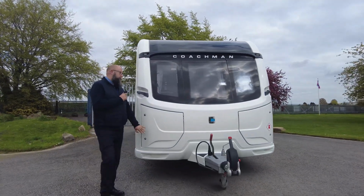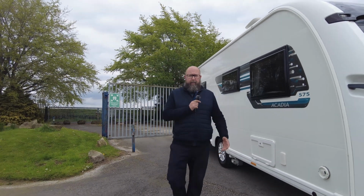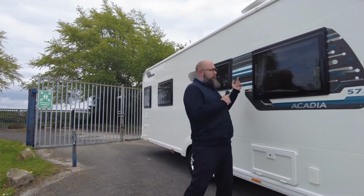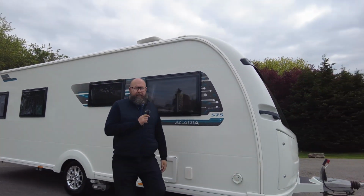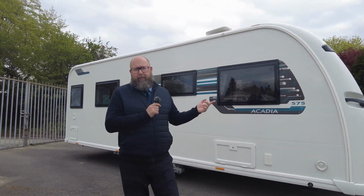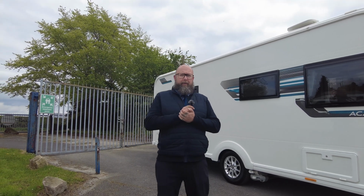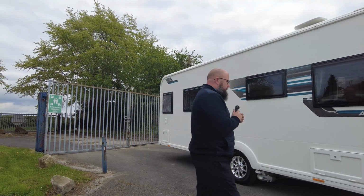for spares and accessories. It's got an Alde central heating system, so it's an independent water system that runs around all the interior of the van, even into the bathroom, and it works like your combi boiler would at home. So it circulates hot water all the way around, and it stays warm right the way through the night if you leave the system powered on, for a lot longer if you turn it off, because it's got water in